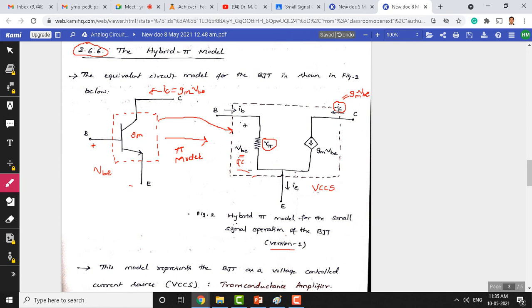This is a current source here that is controlled by the input voltage here. That is why this name is VCCS. Okay. And between the base and emitter there is an input resistance which is R pi here. The current that we apply here has to get a small drop across this R pi also, which is very small of course.